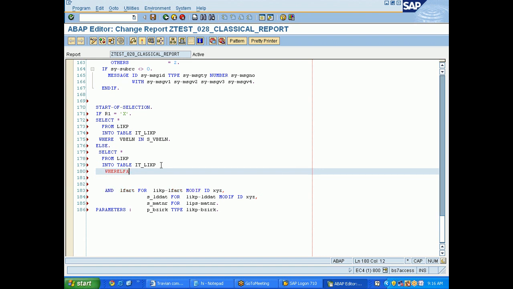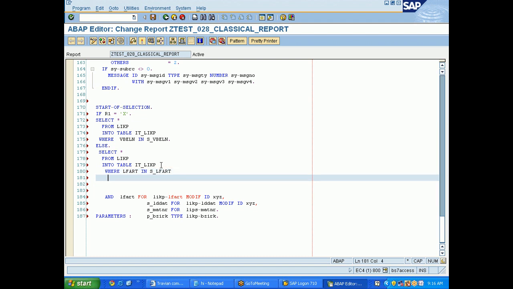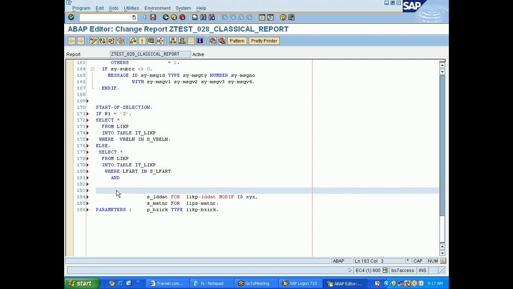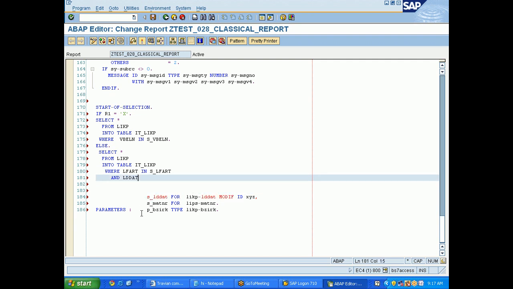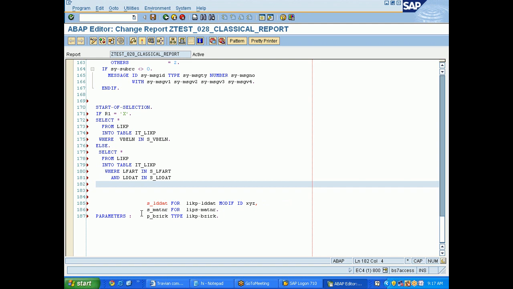LFART IN S_LFART and LDDAT, after LFART what is there, LDDAT, yeah, LDDAT IN S_LDDAT and MATNR IN S_MATNR, but